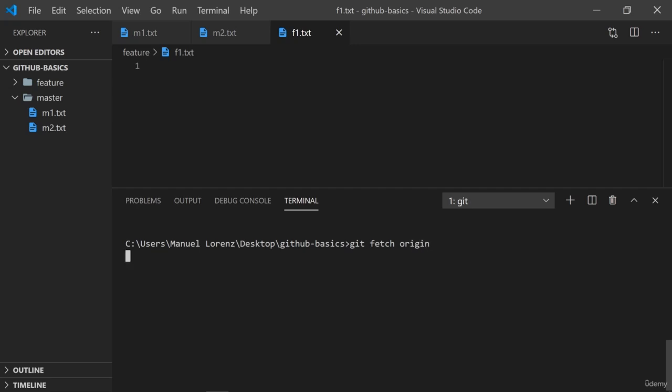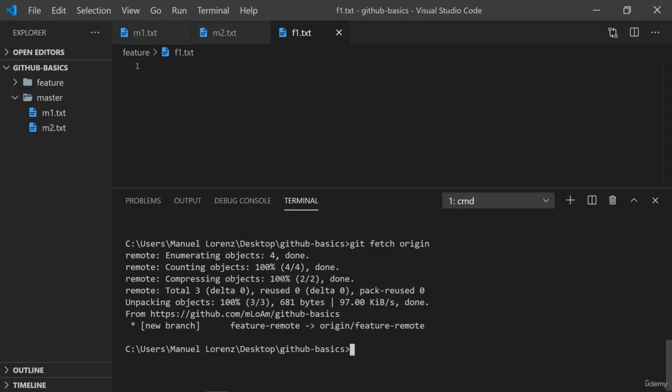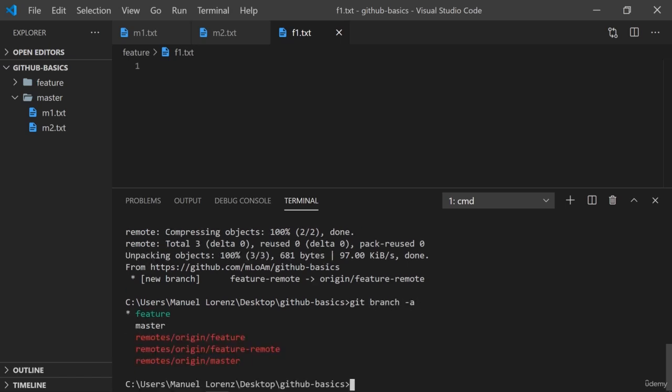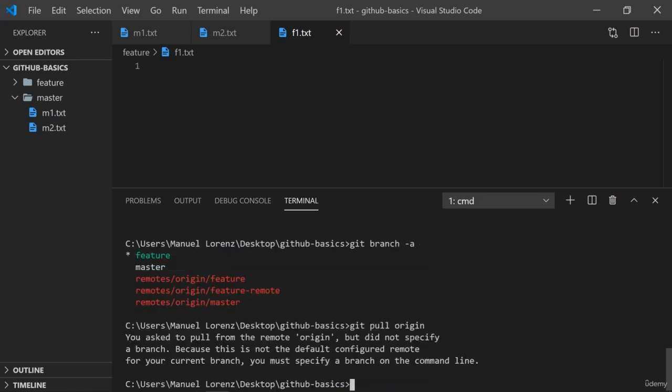If you do this, you see that we have a new branch created here, the feature remote branch, and with git branch -a, you see we now have this remote branch available here in our project. By the way, what would happen if we would now run git pull instead of git fetch? As I said, git pull is a combination of git fetch and then of merging the remote changes into our local branch. Now, if we run git pull here, you see we get kind of an error, so to say,